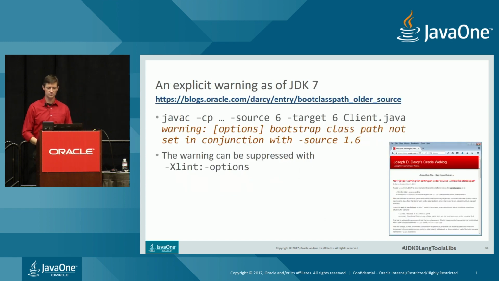Since we still had this problem, we talked about it in the Javac team. We added a warning if you didn't set the boot class path when using older versions. We did that back in JDK 7, but the problem still persisted. And we were talking about it on the team, and we said, you know what? We know what people actually want to do here. They just want to cross-compile to the old version. So why don't we just let them do that directly instead of having to set these three variables?